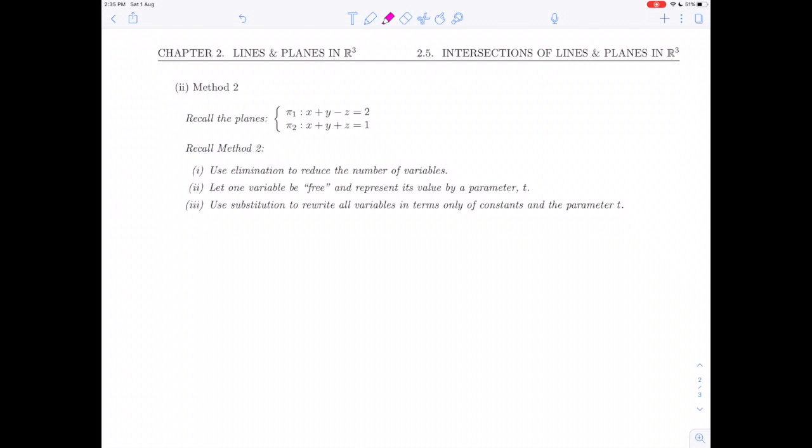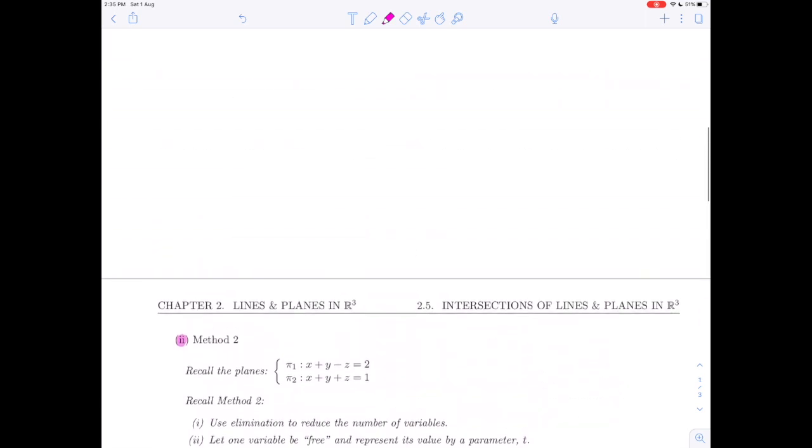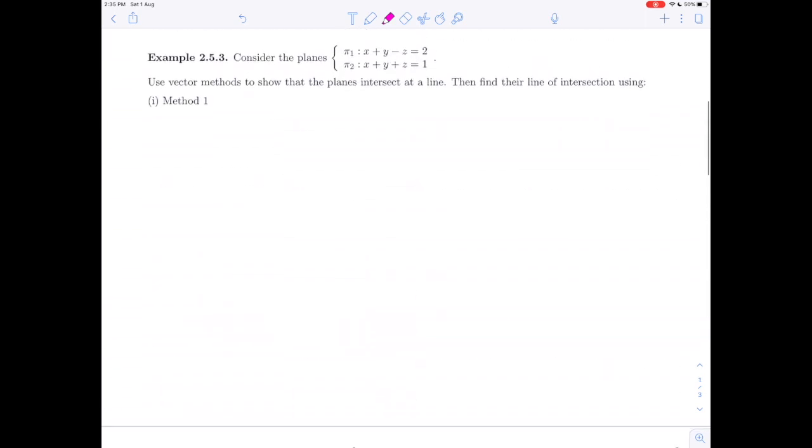In this video, we are going to finish section 2.5, the intersections of lines and planes, which means that we are going to finish chapter 2 about lines and planes in R3, and we're going to do the problem that you see on your screen here, which is part 2 of the example that we started in the previous video, example 2.5.3, about finding the line of intersection